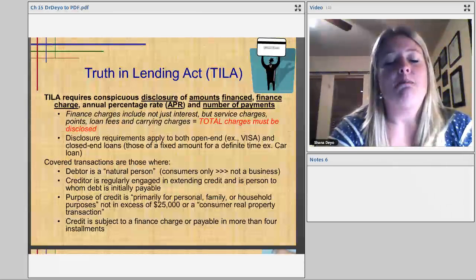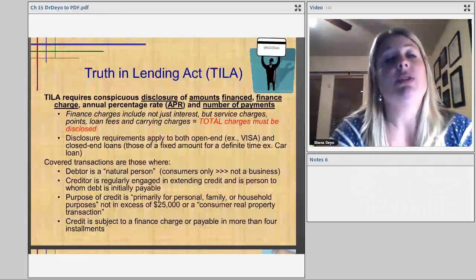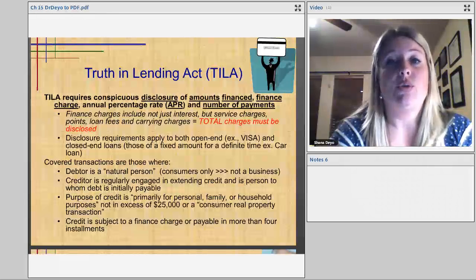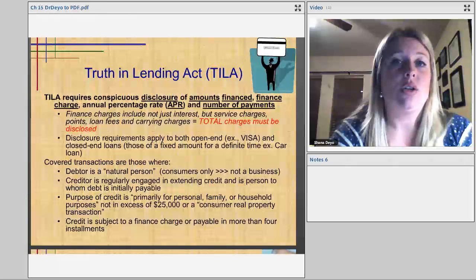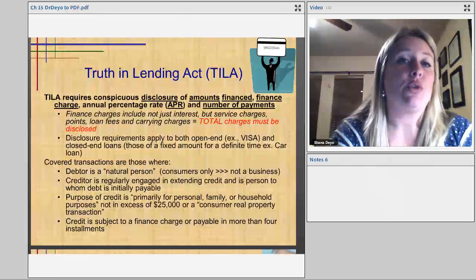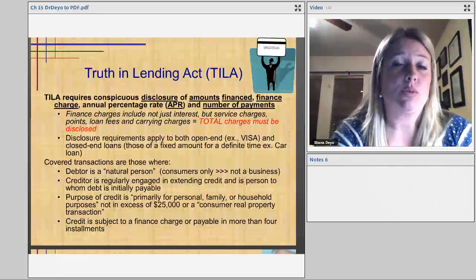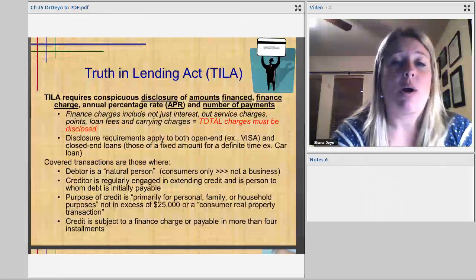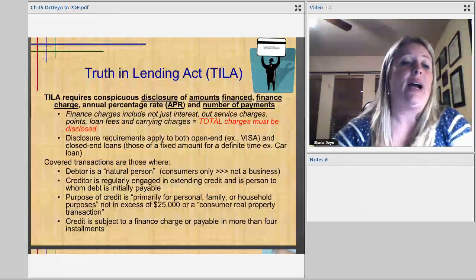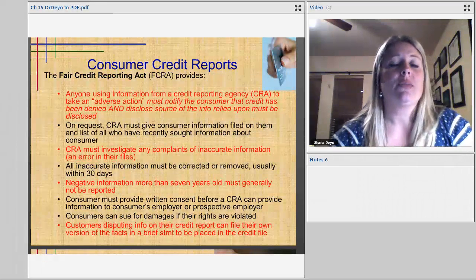So this applies not only to your charge cards, but to your loans. You'll notice in the last few years that your statements for your credit cards have gotten even longer than ever, and your statements for your home loan or car loan may look a little different than they did a few years before that, because they are required to be much more explicit in how much debt you are going to incur from this charge now.